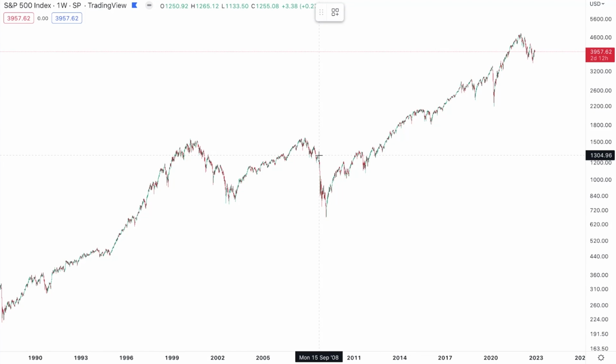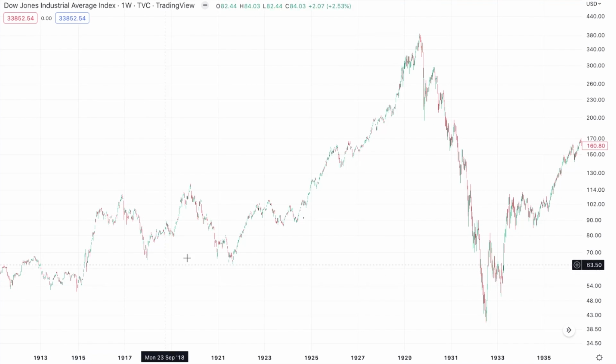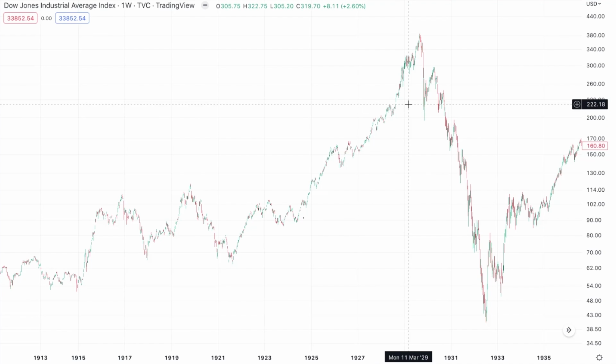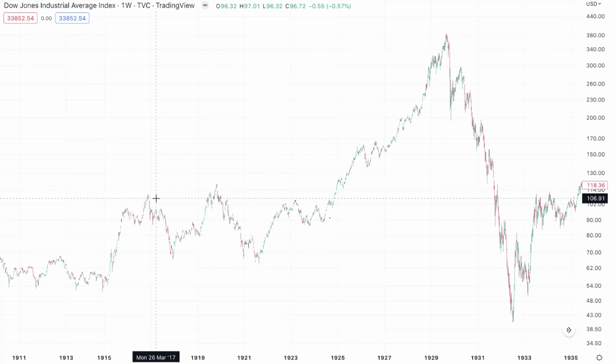Today we are going back in history to compare and contrast today's market environment that we've had over the last 20 years to the market environment we had leading up to the Great Depression in the 1920s. Now you can argue that we have a very similar setup, and let me make my case here.